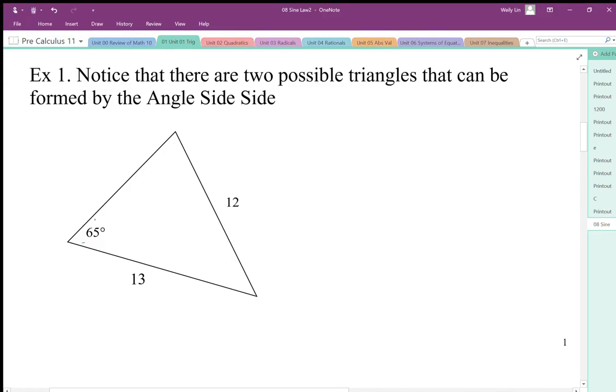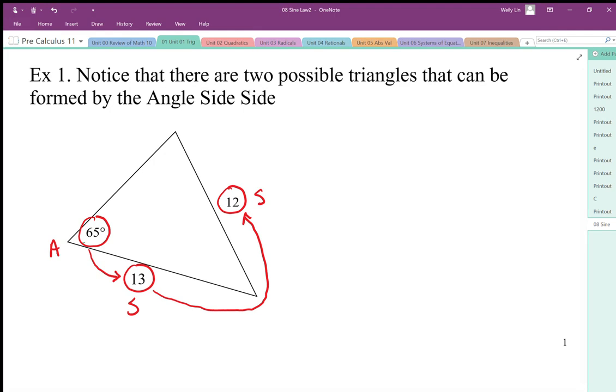Well, angle side-side is when we have an angle, and as we go around the triangle and find the other pieces of information, we end up with an angle, then next to it is a side, and then as we go around the triangle there's no angle here, so the next piece of information that I run into is another side. This situation is what we call angle side-side, and this leads to what we call the ambiguous case, or